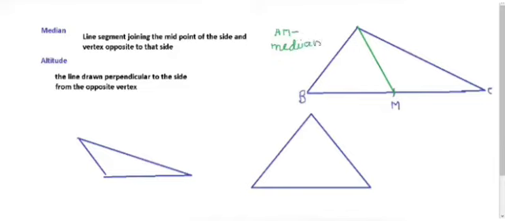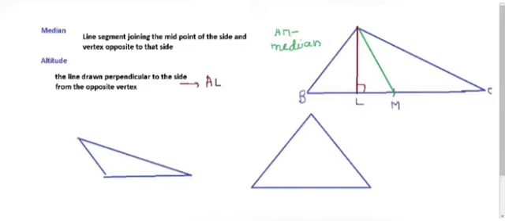Okay. Now a line segment, what is altitude? The line drawn perpendicular to the side from the opposite vertex. Now I am drawing the altitude here. So here this is your altitude. Now this altitude means it will make 90 degrees on that side. So here if I take AL, it will be your altitude of triangle ABC.